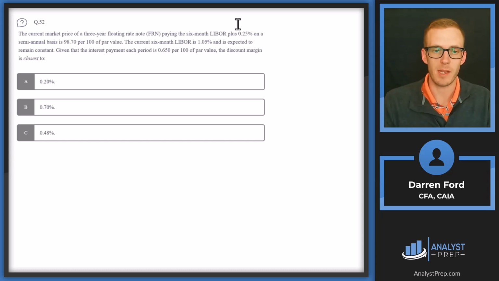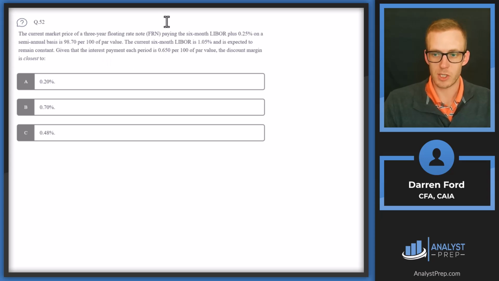Question 52. The current market price of a 3-year floating rate note paying the 6-month LIBOR plus 0.25% on a semi-annual basis is 98.7 per 100 of par value. The current 6-month LIBOR is 1.05% and is expected to remain constant. Given that the interest rate payment each period is 0.65 per $100 par value, the discount margin is closest to: